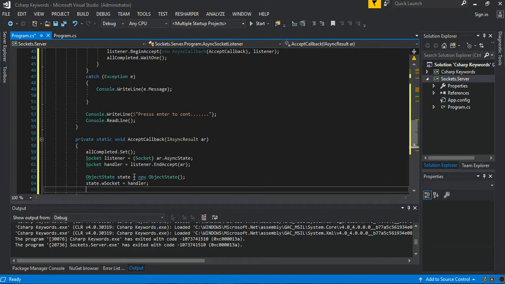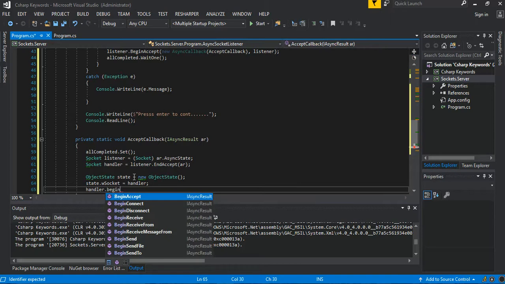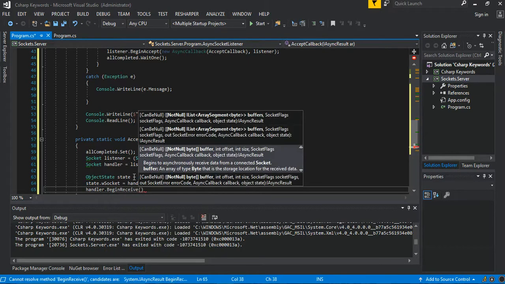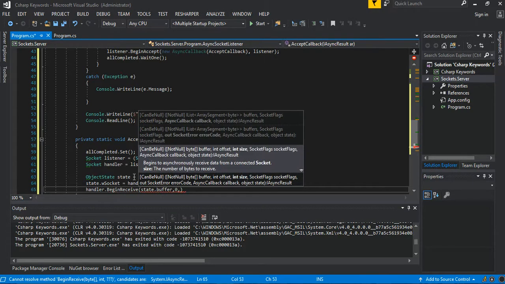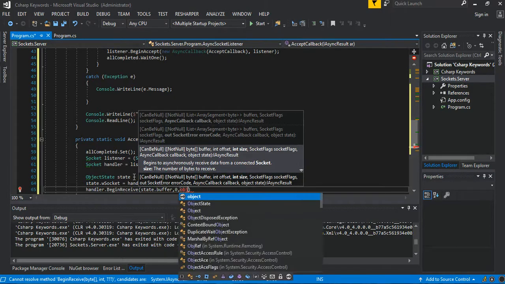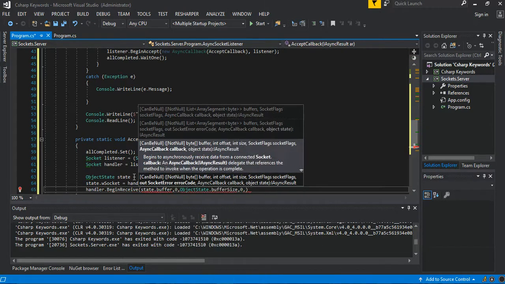and we can say handler dot begin receive, so we can pass our state dot buffer, 0, state dot object state dot buffer size, and we pass in our new async callback,